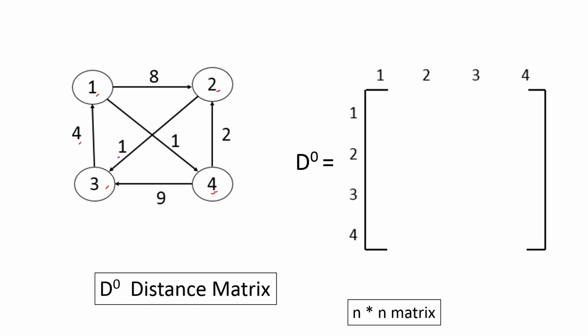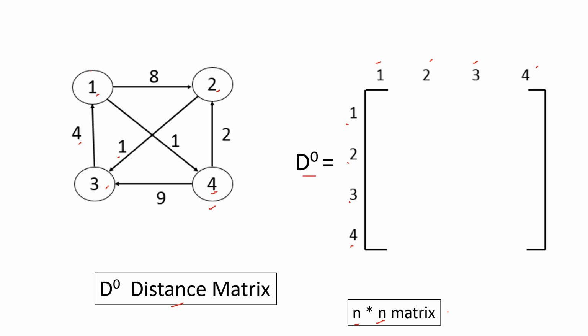Okay. For that, we are creating a distance matrix. And the matrix has the size n cross n, that is n rows and n columns. N is the number of vertices. Here 4 vertices are there, right? 4 vertices. So 1, 2, 3, 4. Name the rows and columns 1, 2, 3 and 4. Okay. Now this is the distance matrix